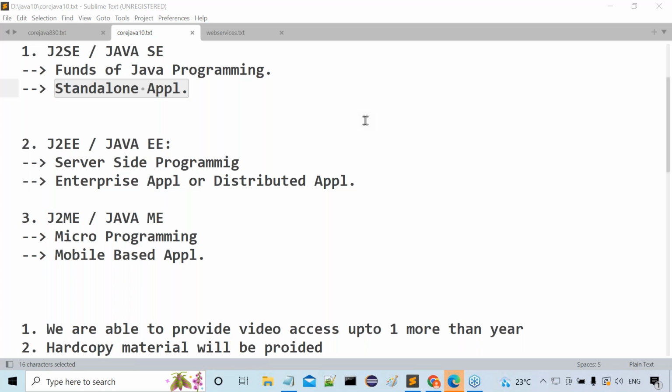Clear or not? Then what is the weightage of distributed applications outside? 95%. Tell me any example for distributed applications outside. A number of examples are available. All banking applications are distributed applications. All social network applications are distributed applications. All e-commerce applications are distributed applications. Any example for an e-commerce application? Amazon.com. I think today and tomorrow there is an Amazon sale in India, 40% off on every product.